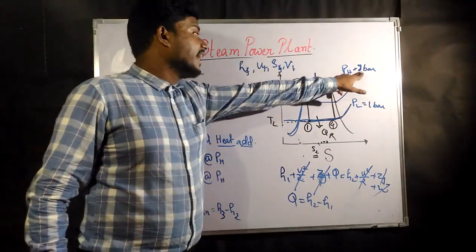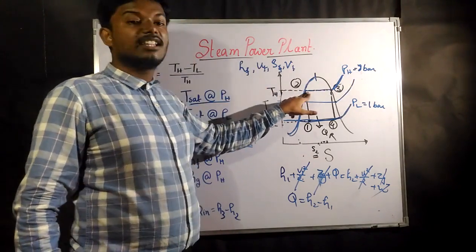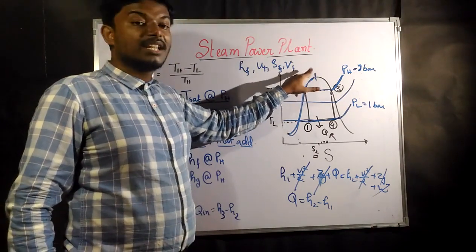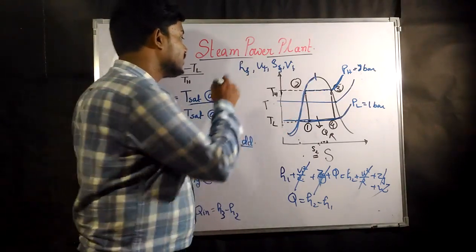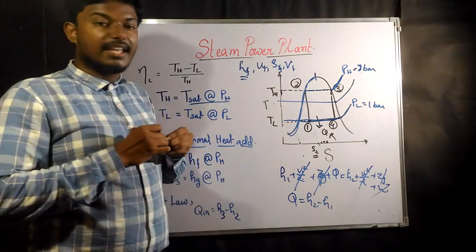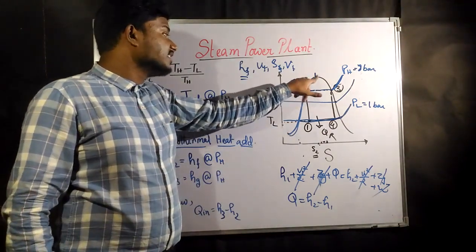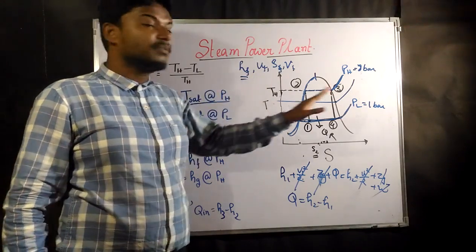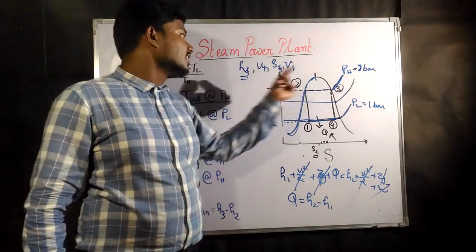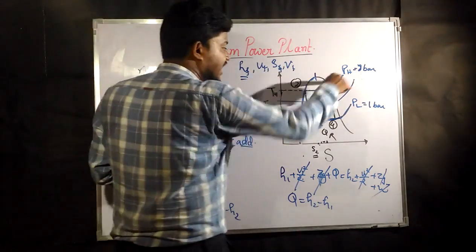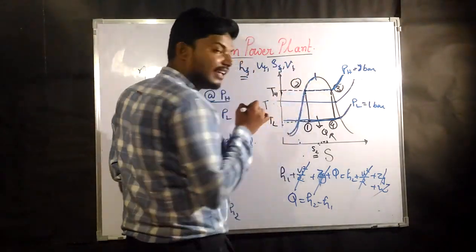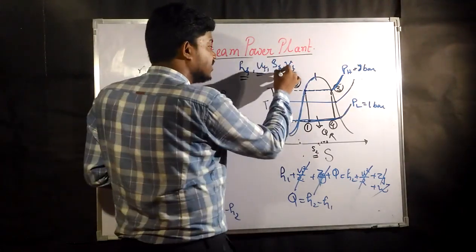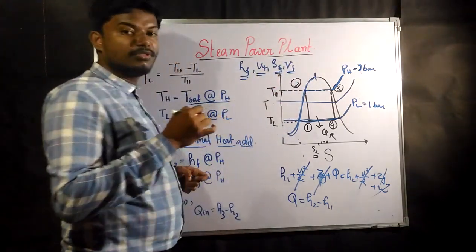Okay, that means at 8 bar, what is going to be the enthalpy of the fluid? That means the enthalpy of the liquid at this line is going to be given by HF. At this point, the points touching this line are going to have the enthalpy value of HF. In the steam table, for a particular pressure, the HF value is given. That means at 8 bar the point lying here is going to have this enthalpy value, this internal energy value, this entropy value, this specific volume.